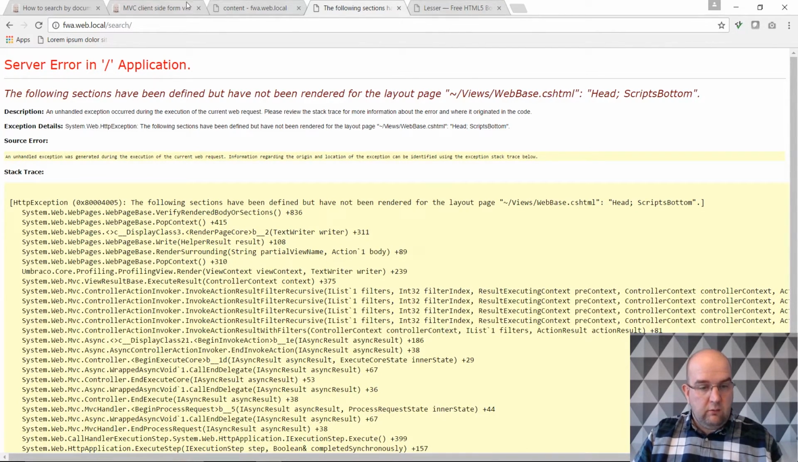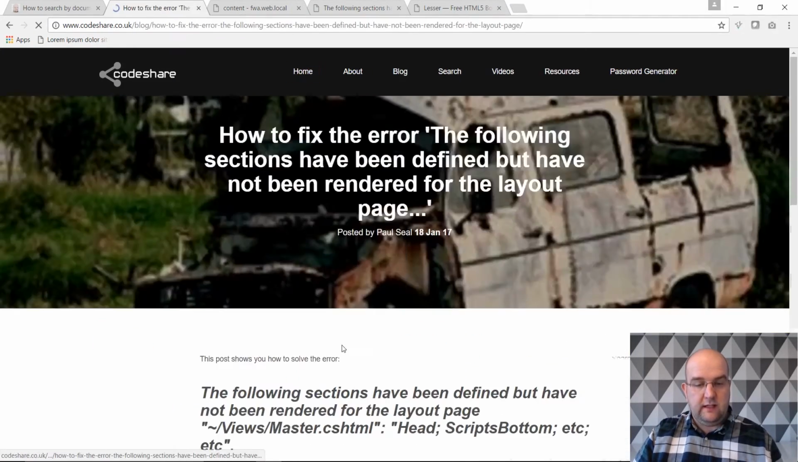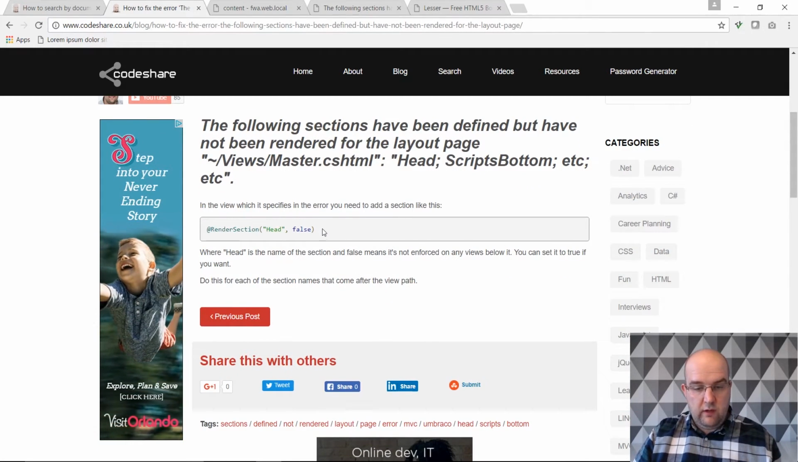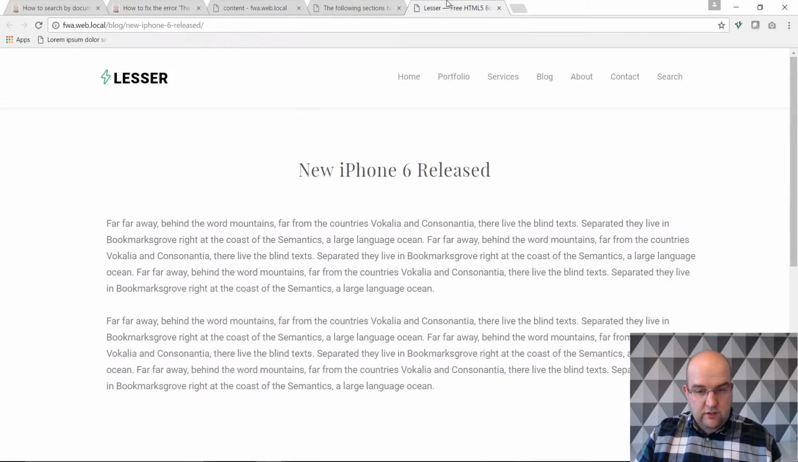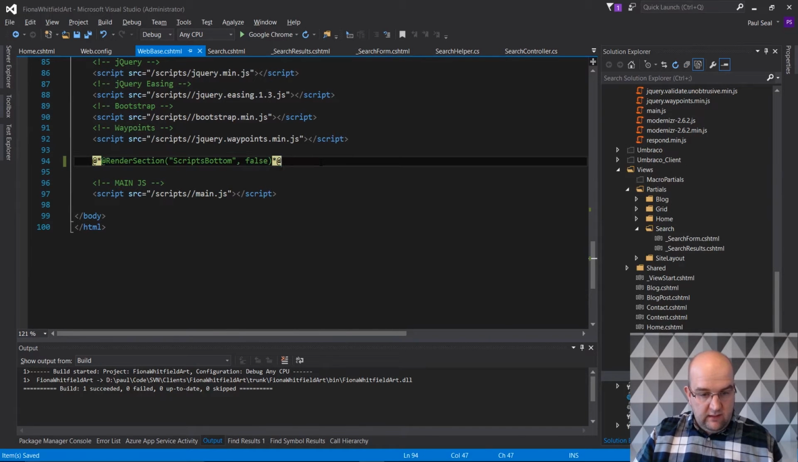So on my website, one of my latest posts as well, I did a post to support this. If you get this error, then this is just showing you how to solve it. So it means that you need to have something like this on your master template. So it even tells you what template it needs to be. So views web base is saying it needs one for head and one for scripts bottom. So all it's saying it needs is one of these